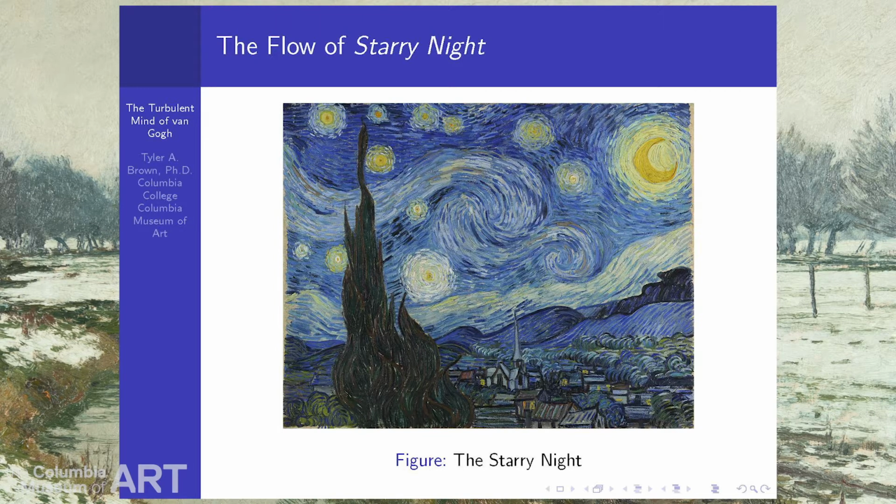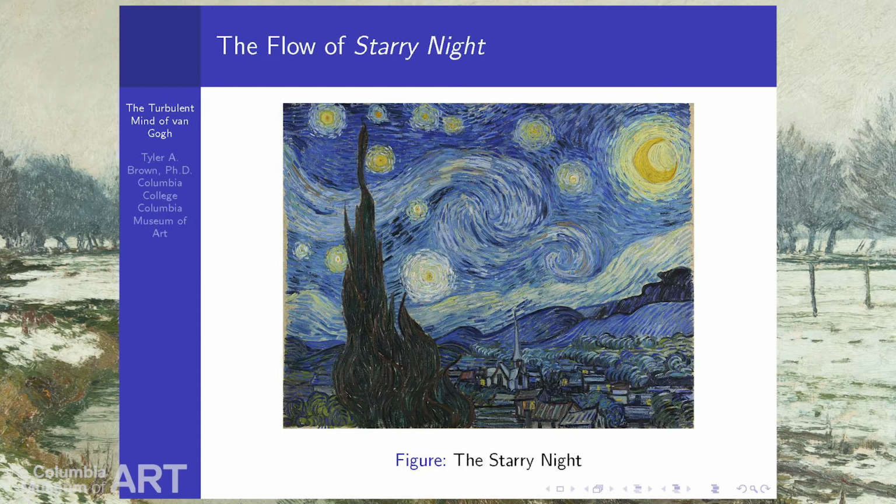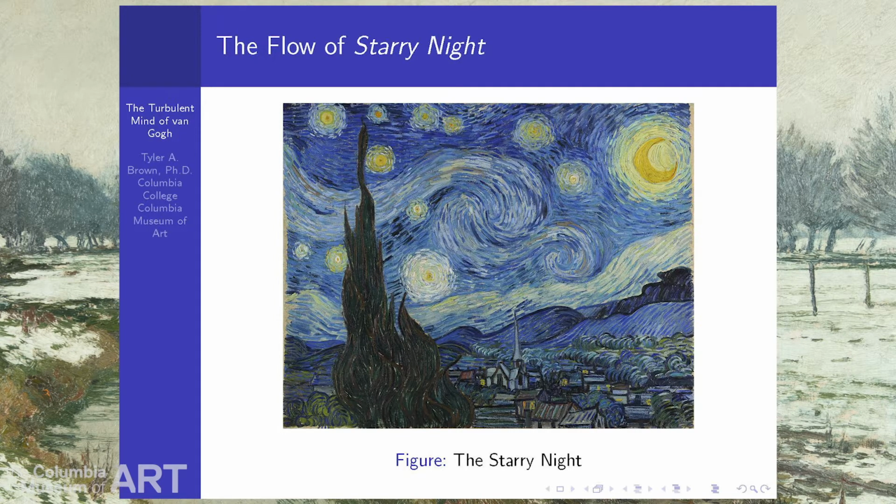In the sky especially, you see the quintessential spiral, this vortex here, and this little sub-vortex. Similarly, around the stars, you get these vortices as well. Along the mountains, you get some flow, which looks like it's moving in congruence with everything that's happening in the sky. You have this little town here, which was superimposed on the view that he had from his asylum window. You also have flow over the mountains. Everything in this painting seems to flow.